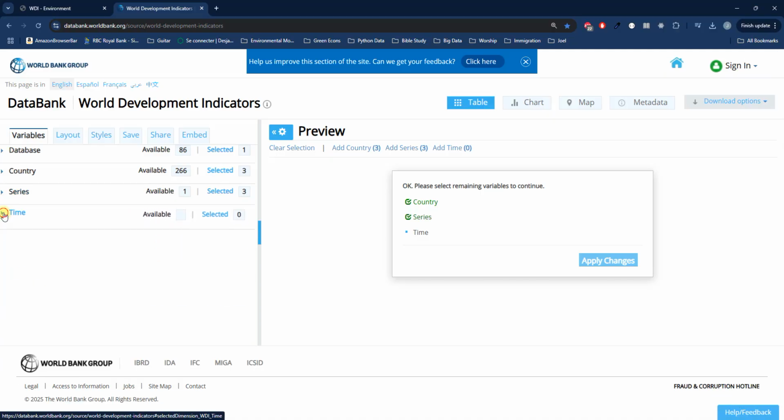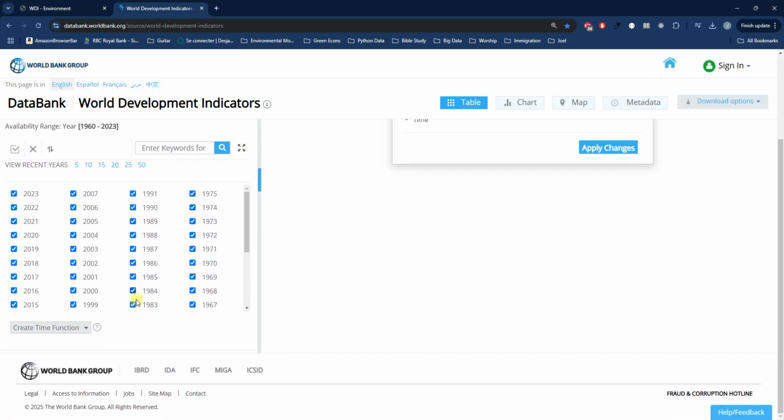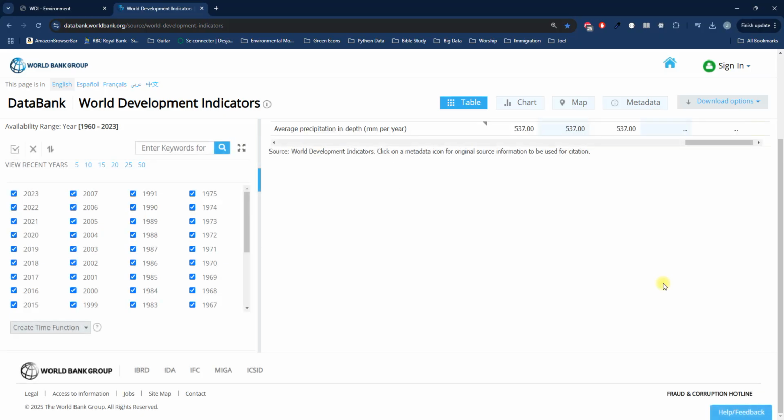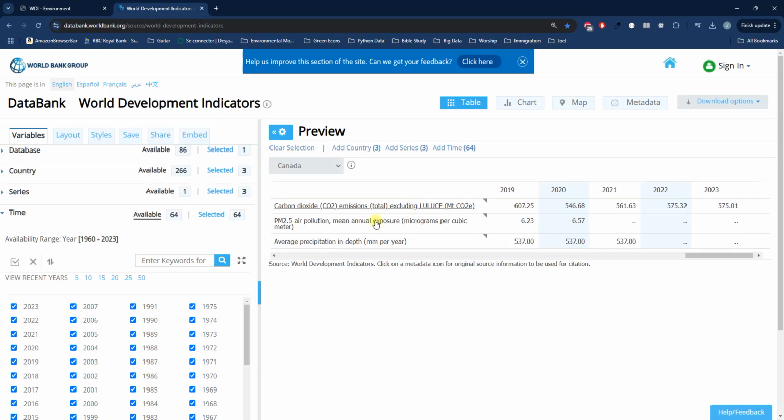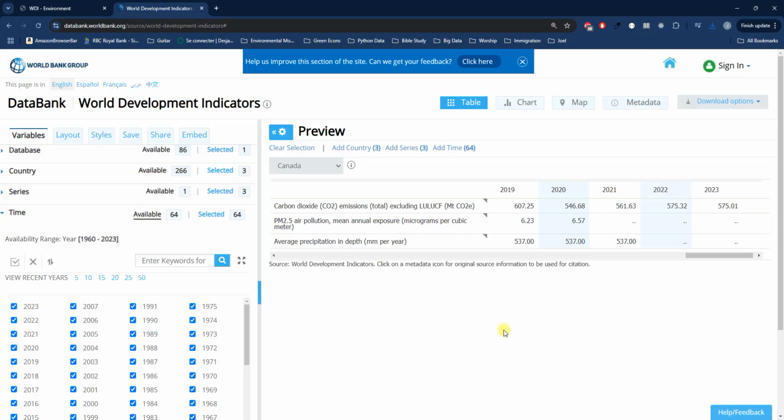Toggle that. Time. I want all the time available, so I'll click on this checkbox and here we go. So I'll click on apply changes. It's applying it. That's it. Now I want to download my data. Click the drop down, take Excel, and it has downloaded it. So all I have to do is to open a blank Excel workbook,